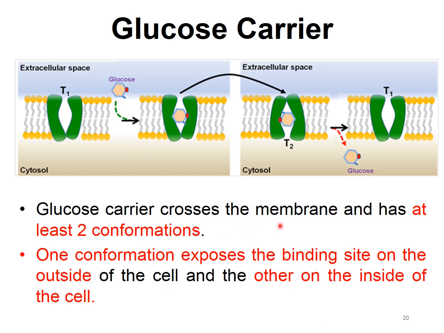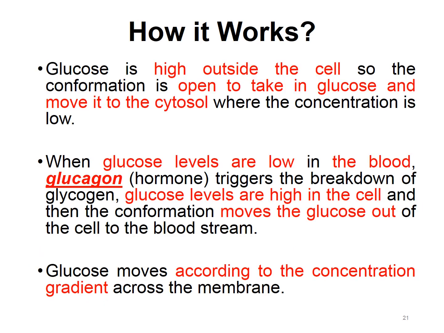الجلوكوز كارير has two conformations, T1 and T2. T1 بيبقى الأوبننج بتاعته facing الـ extracellular space، والـ T2 الأوبننج بتاعته facing الـ intracellular space. We have more glucose outside than glucose inside. الجلوكوز بيبايند، لما بيبايند بيمسك وبعد كده بيحصل change في الكونفورميشن، يحصل release للجلوكوز inside السيل. طيب